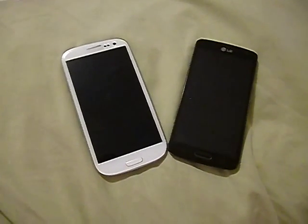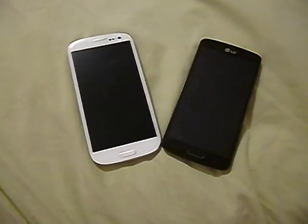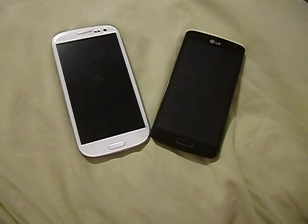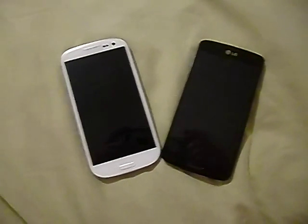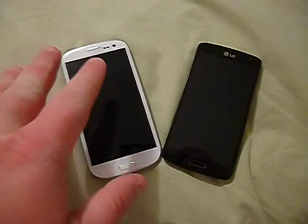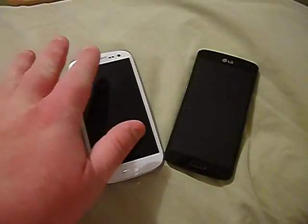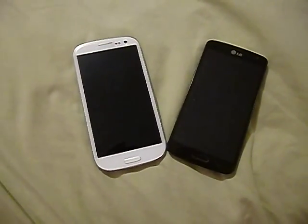It took me forever to find it, but once I did find it, it did give me a list of phones that you are able to use on Boost Mobile from Sprint, and it says activate your Sprint phone today and all that stuff. Well, I've called Boost Mobile, asking them about it, and it's not that simple. They told me that I had to go to a Boost Mobile store. They had to take the Galaxy S3, which is a Sprint phone. It says it right here, Sprint. And they told me that I would have to go in there. They would put in a code of some sort, and it would actually work on Boost Mobile, which is really neat because,